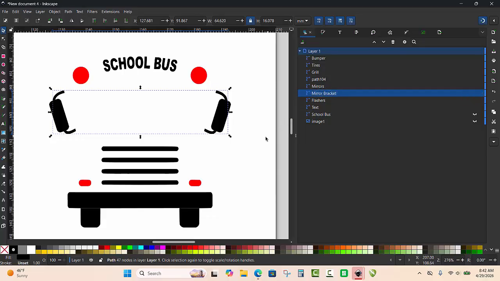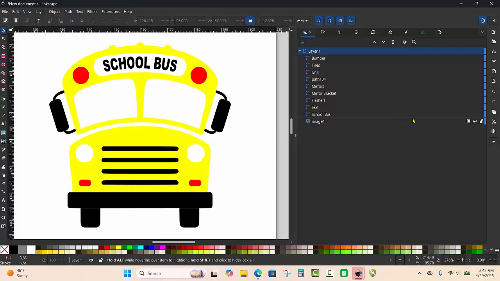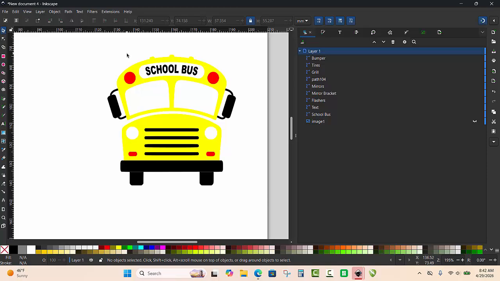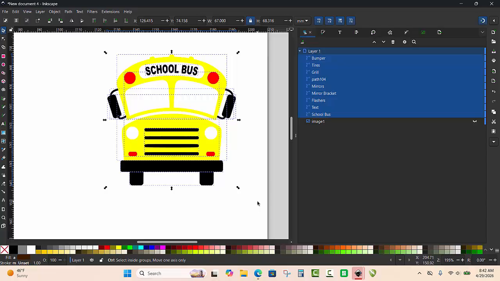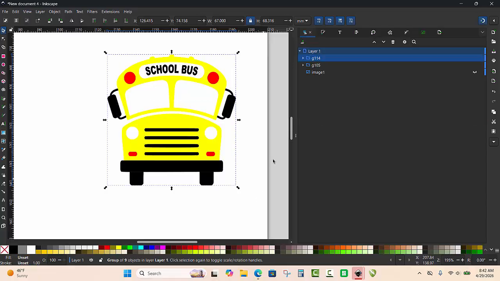Okay, so now that's taken care of. It looks like everything is named and we are ready to go. So let's go ahead and turn on our school bus. And yeah, isn't that fun? All right, so now we have all of our artwork made. Now what we're going to do is group all this together, duplicate the group, and then on the background group, let's just give it a bold, wacky color. Okay, so I just clicked on one of these colored squares,